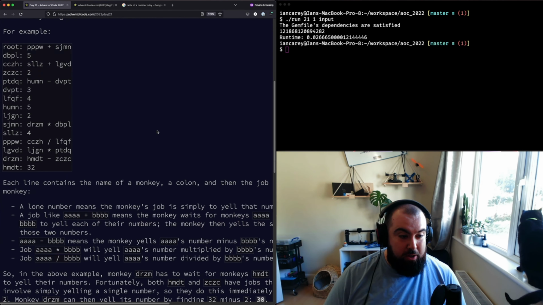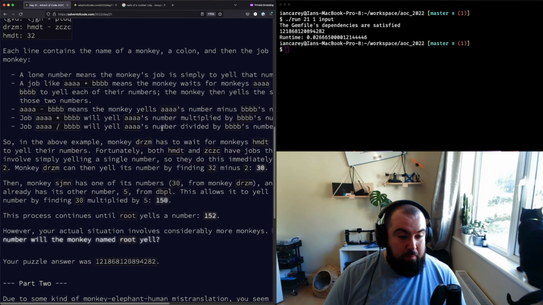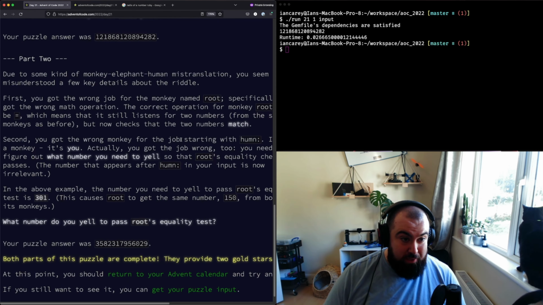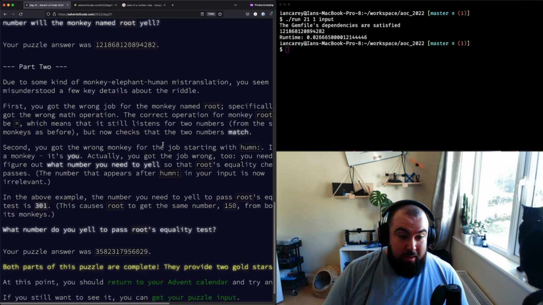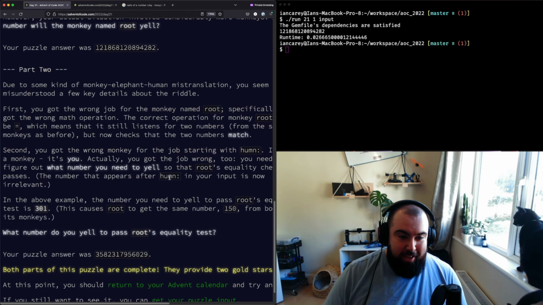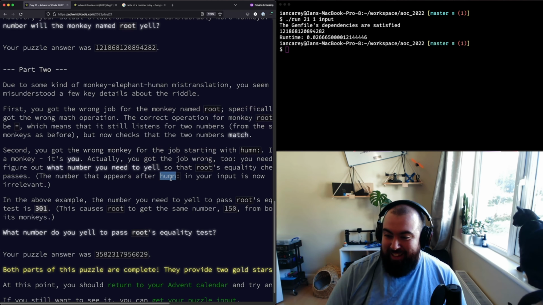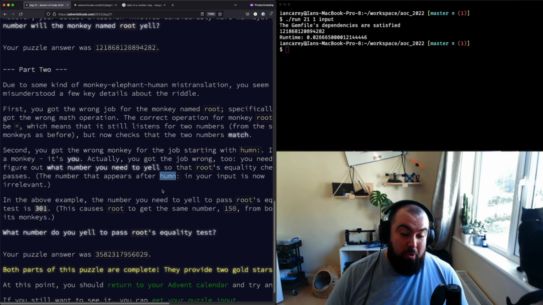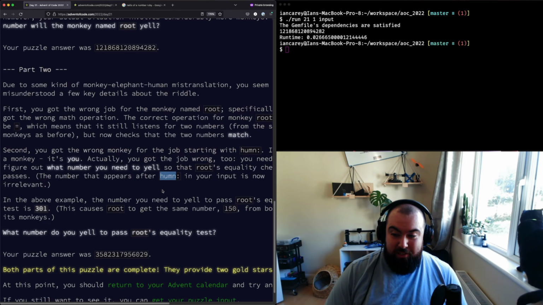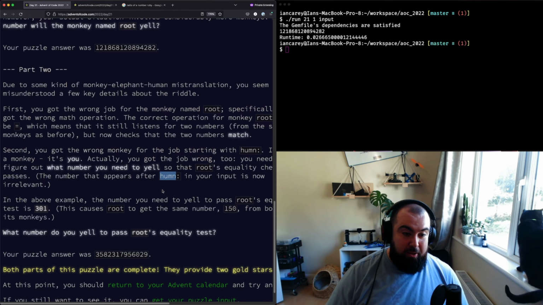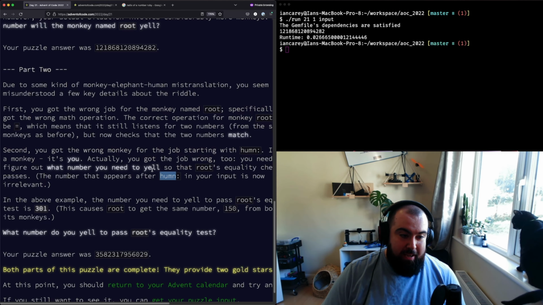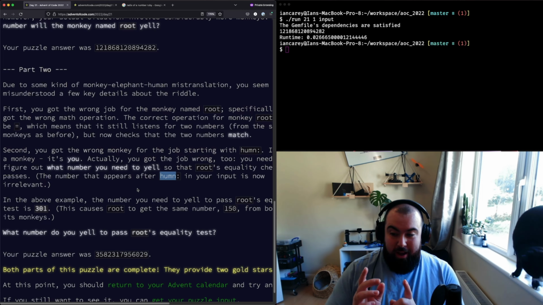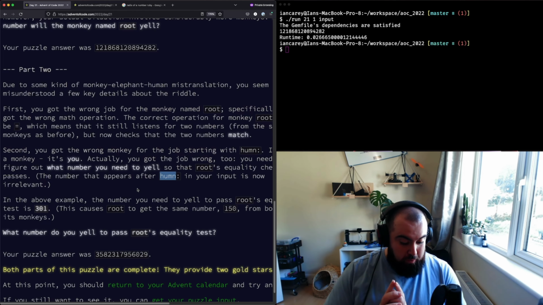So then for part 2, they mix up the problem a bit, and basically what they tell you is that there's a node, HUMN, human, and that's actually you. So what you're trying to do now is, instead of just evaluating what the root node value is, we're told that the root node value is now an equality expression. So we want to know